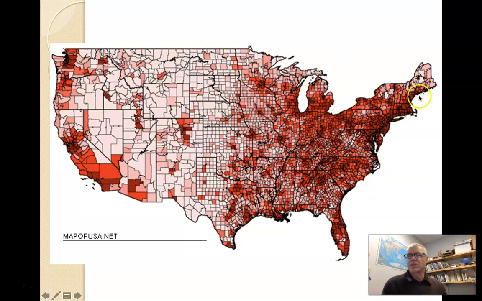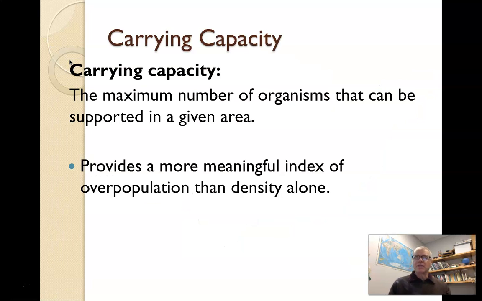So you see we have a lot of dense population here on the eastern coast, and it kind of thins out as you move west, and then you get another big jump in amount of population as you get out towards California, Oregon, and Washington. Okay. But sometimes talking about population density doesn't tell you everything, because certain places are able to